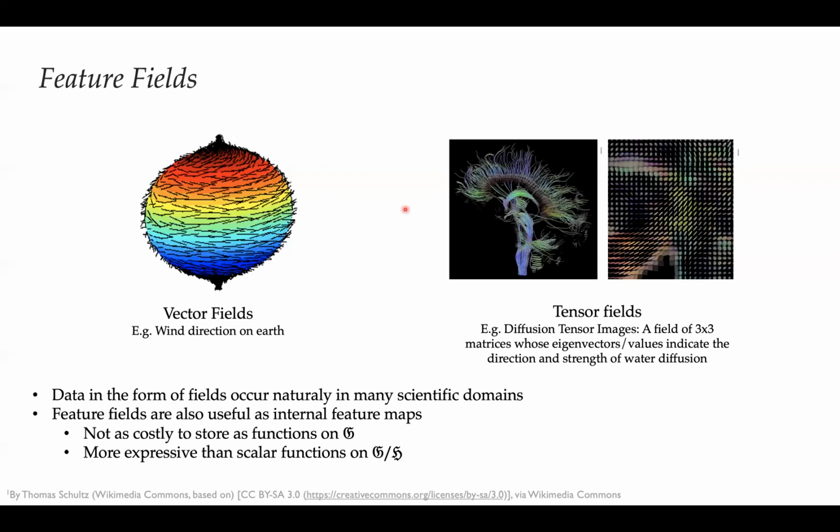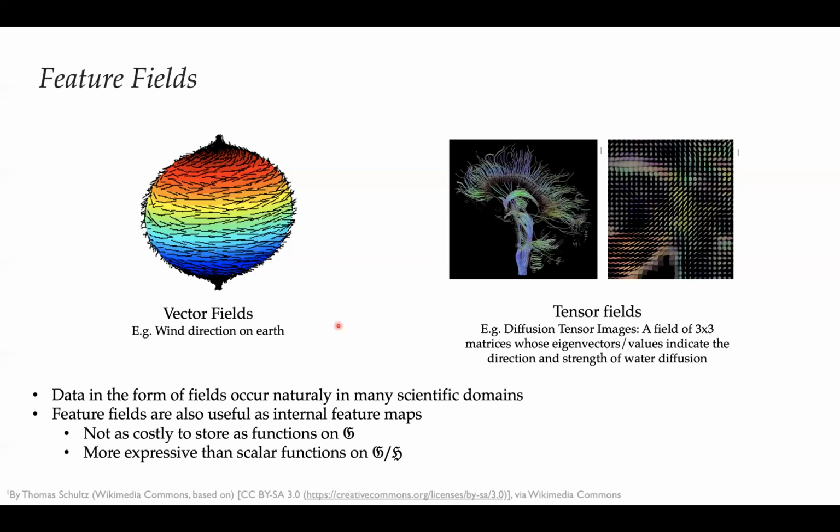And so these are tensor fields, and these tensors are also represented relative to a gauge. Even though there's a natural standard gauge where at every point there's an XYZ direction that's globally consistent, it can be very useful to consider gauge symmetries, as we'll see later. So there's another reason why it's useful to consider this notion of feature fields, even if your data comes in the form of scalar fields.